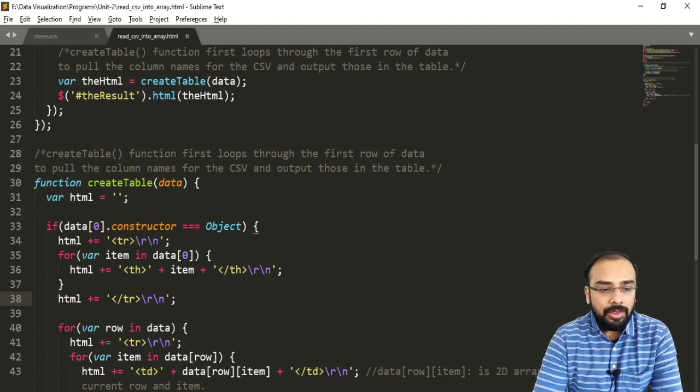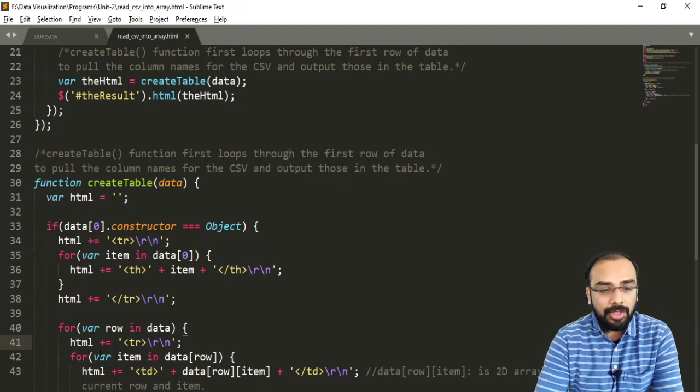Again for that we are using a for loop. For row in data, I am taking one record from my CSV file and adding it inside my table. I am storing that particular record inside my row variable. Now again we have to create a row for adding the data. So again I have taken a table row and appended it inside the HTML variable. Now we have created one row. Now we need to add the data.